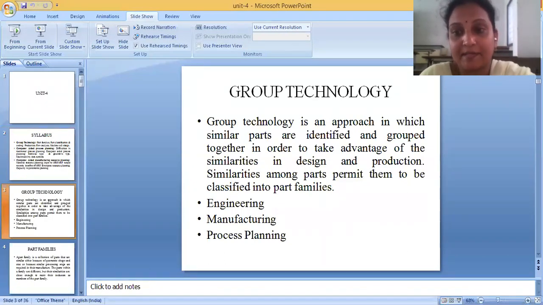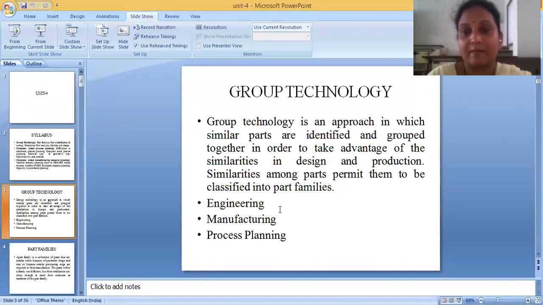We take into consideration design, material, type, and manufacturing process. Based on engineering, meaning how it is designed, manufacturing, meaning how it is manufactured, and process plan, meaning the sequence of operations, we divide the parts into part families.